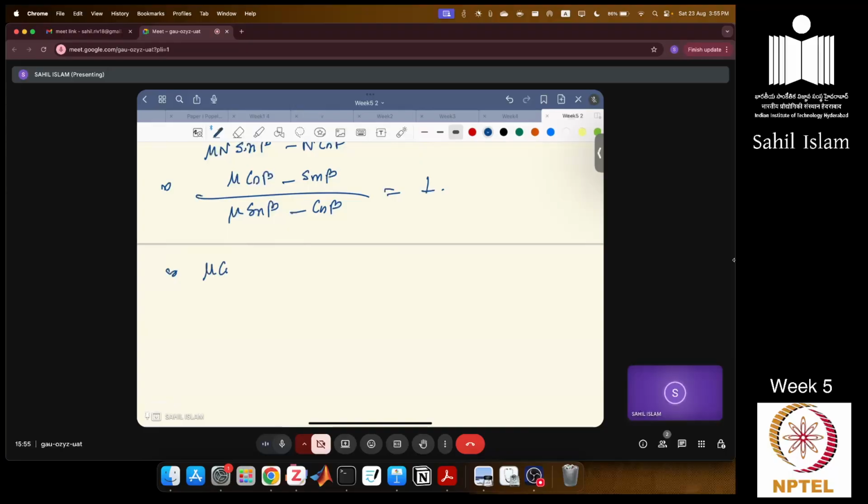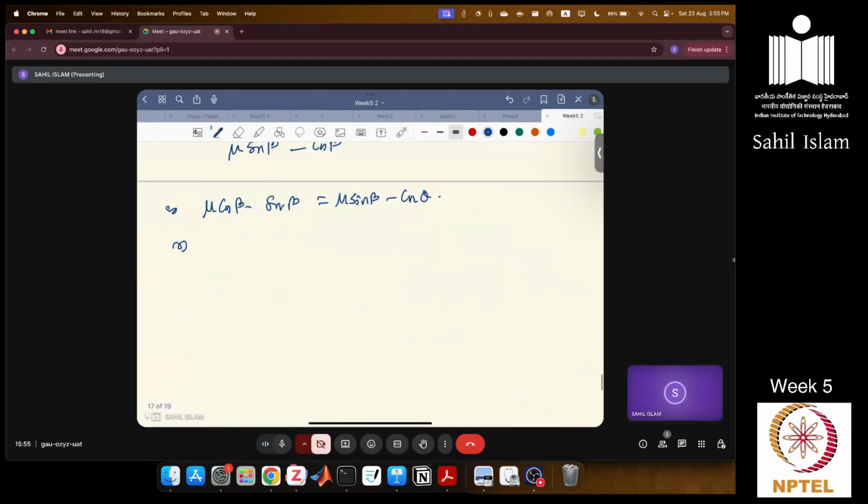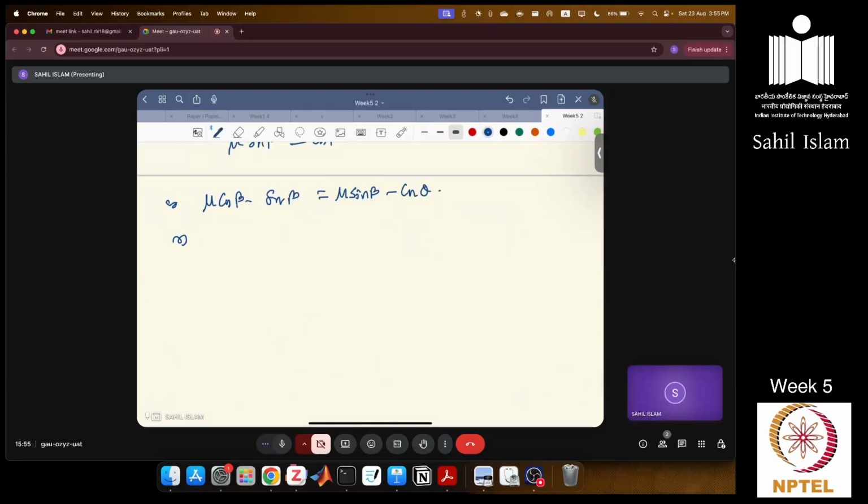So mu cos beta minus sin beta to mu sin beta minus cos beta. So we have to find out mu in terms of tan beta. So let's take sin beta common, and this 2. So mu plus 1 cos beta equals mu